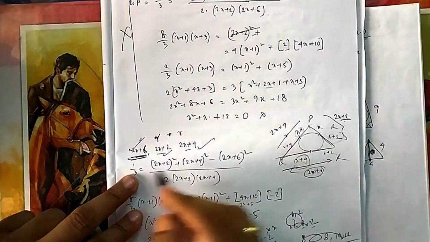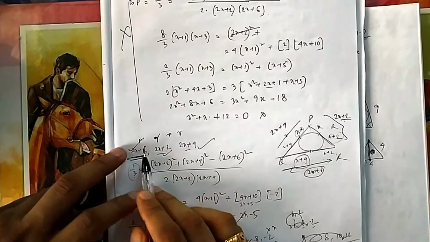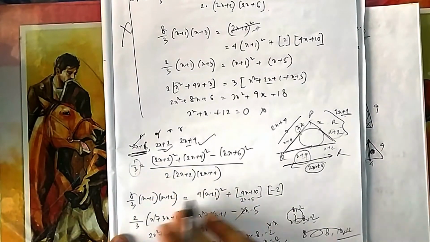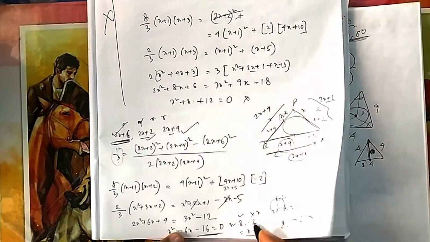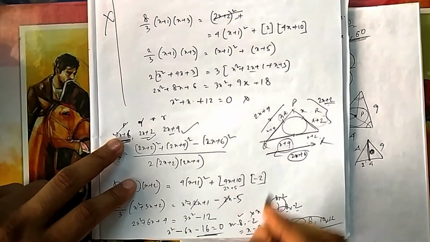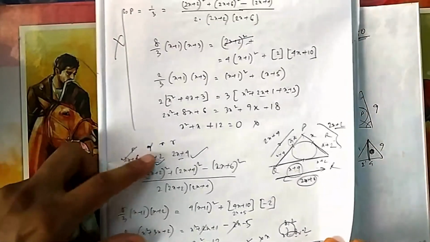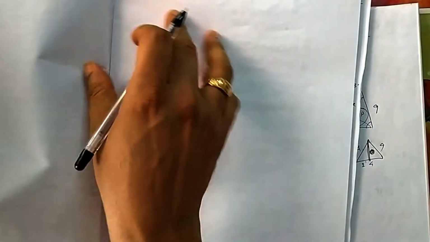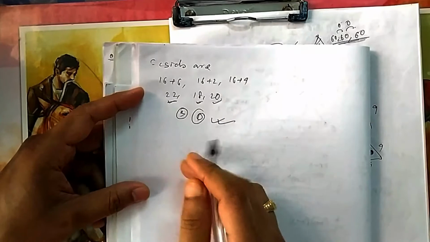Then they have given cos P is equal to 1 by 3. So you can easily apply the cosine rule, cos P equals this square, and this will be minus. So now the rest is easy. If you do simple algebraic calculations, you will find a quadratic equation for which you will get x equal to 8 or minus 2. X cannot be negative, because this length cannot be negative. So your x should be 8. Once you take 8 and put it there, you will find the lengths of the sides. So you will get the sides equal to 22, 18 and 20. So these are the three lengths.